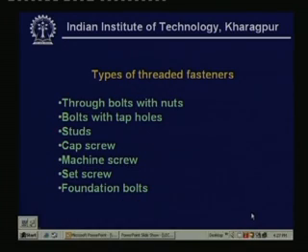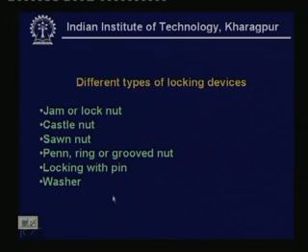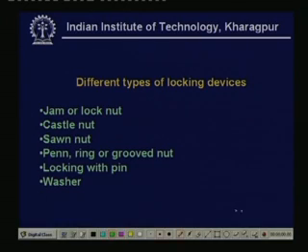Now, we come to different types of locking devices. Now, what is a locking device? We know that all machines have a tendency to vibrate. So, there are always some sources of vibrations which will eventually vibrate all the members. Now, the joints are very important in sustaining these vibrations. That is, when the two members vibrate, then the joints also vibrate, and because of this vibration the screw may